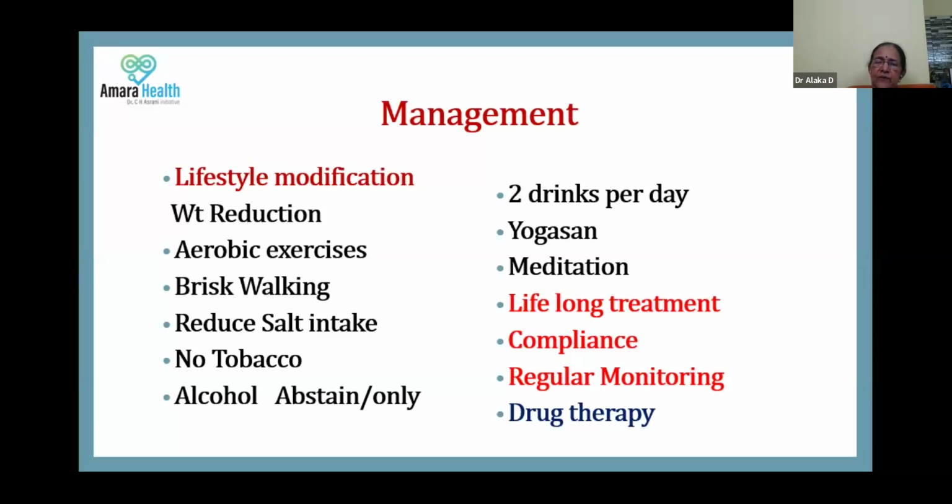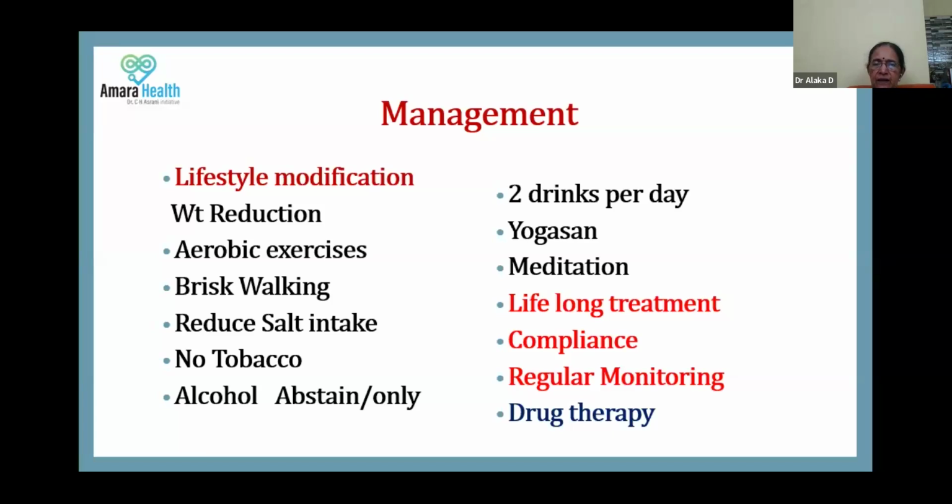Yogasana. Nowadays we only call it yoga, but it is not yoga, it is asana. Asana is exercise, which increases your stamina, increases your breathing capacity, and tones up your body. So, yogasana and meditation. Meditation will relieve the tension, the stress, the anxiety,